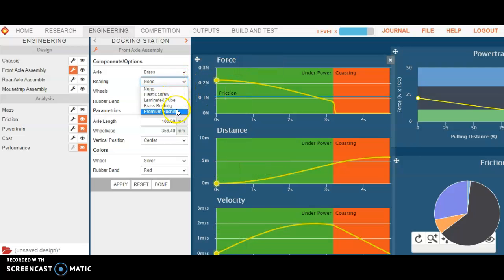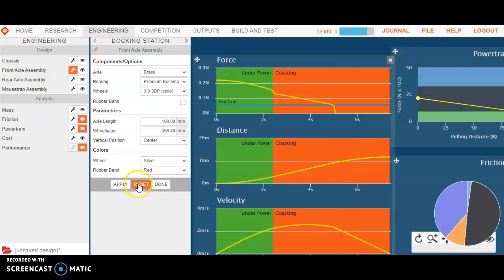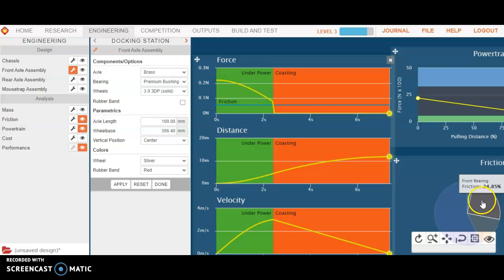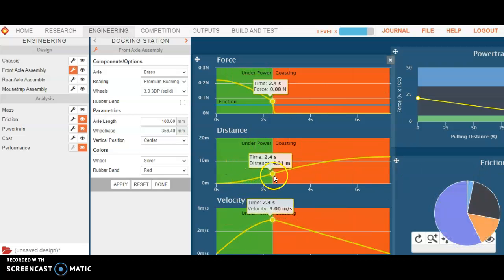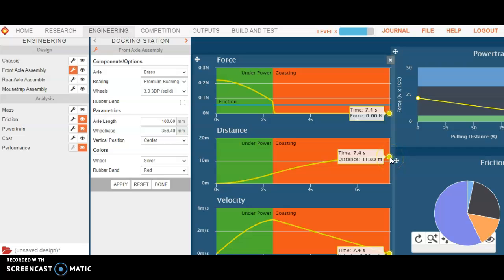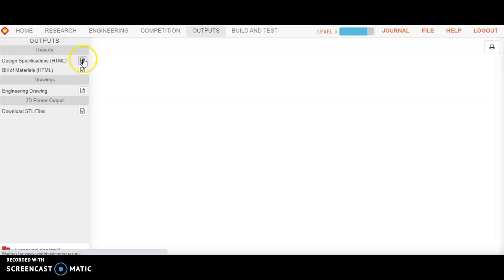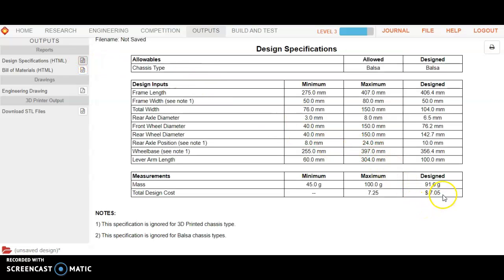You can spend the most money on a premium bushing there, hit apply. Notice our friction has greatly reduced there, and now I'm covering a greater distance. I've got 11.83 meters. Let's see what those two changes have done to the outputs, and if it's kept us within the cost range. We do still have a car that is of legal spec. It is under the 725 cost range. This is something certainly we could enter in the competition, but